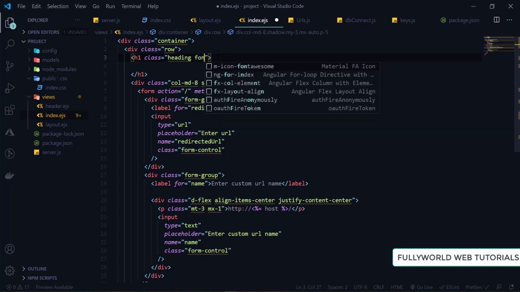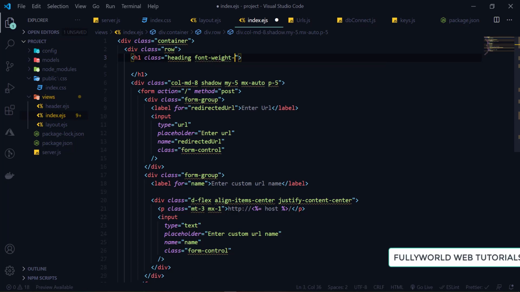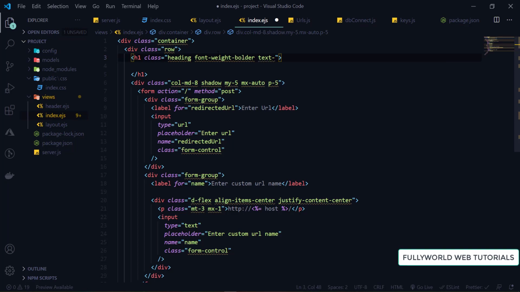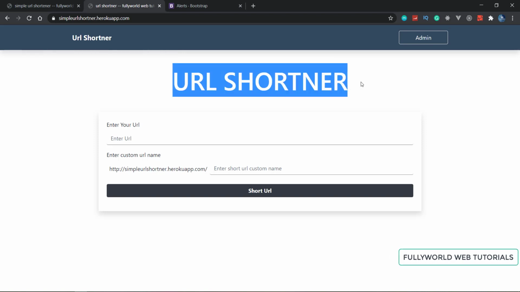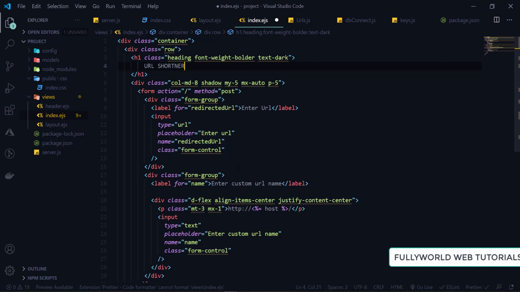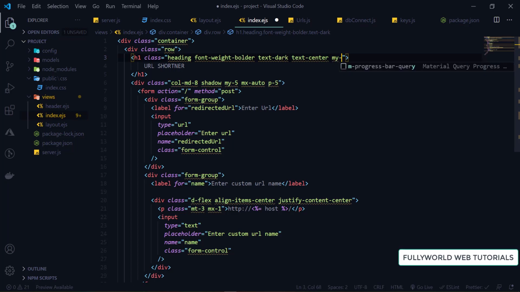Font weight will be bolder and text will be dark. And here we write URL shortener. Copy this and paste it here, and write text center and margin y 3. Save it.